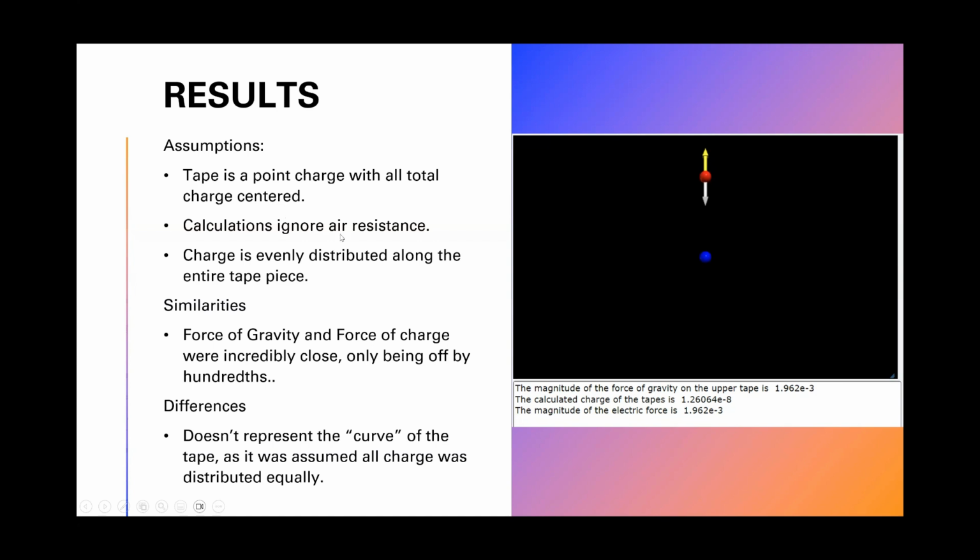Our assumption is that the tape is a point charge with all the total charge centered. These calculations ignore air resistance, and the charge is evenly distributed. Our similarity is that the calculated values are incredibly close, but the difference is that this cannot represent the tape fully, as this is assuming that